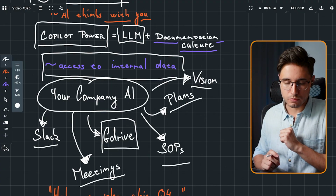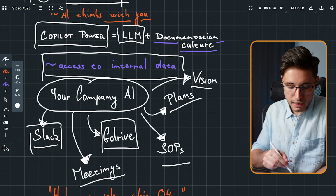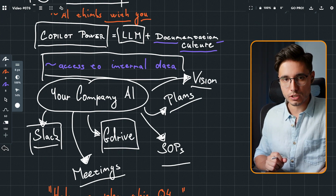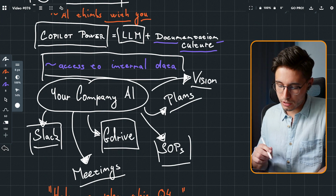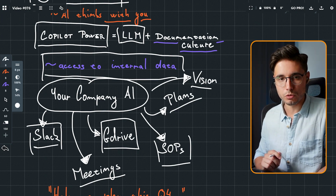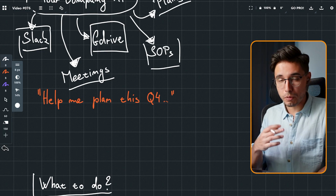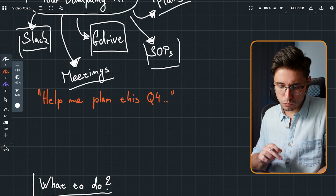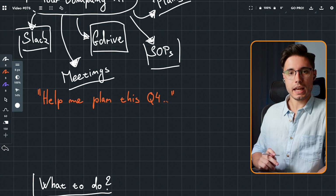Then we have the Google Drive, access to all of your resources, access to Slack, everything that people discuss in different Slack channels, it has access to that, right? The SOPs I mentioned, and also your vision, what you want to do with the business. Then you can come to your AI Copilot, where it has access to this, and can say, hey, help me